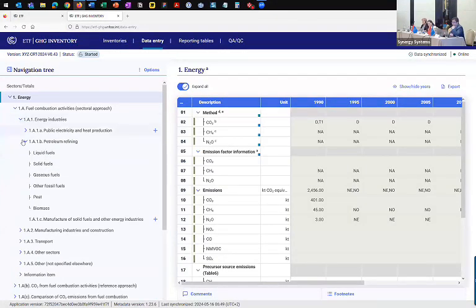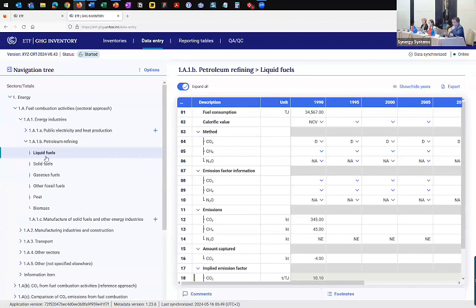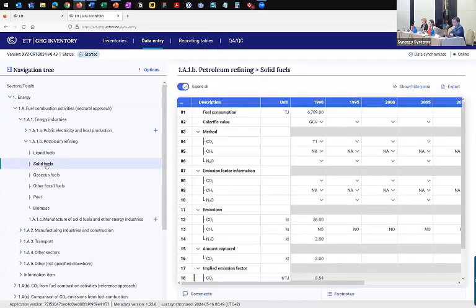So we were working on 1A, 1B petroleum refining. Here we were doing the data entry for liquid fuels and solid fuels directly in the application. But for the gaseous fuels, I would like to do the data entry using Excel. So in order to do that,